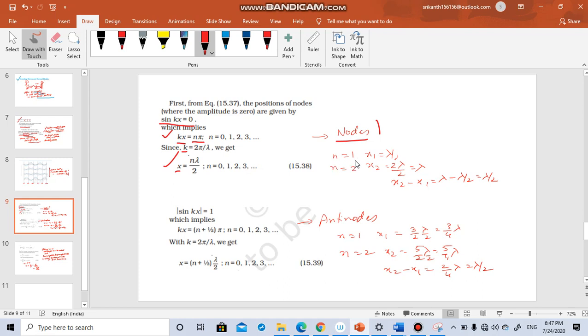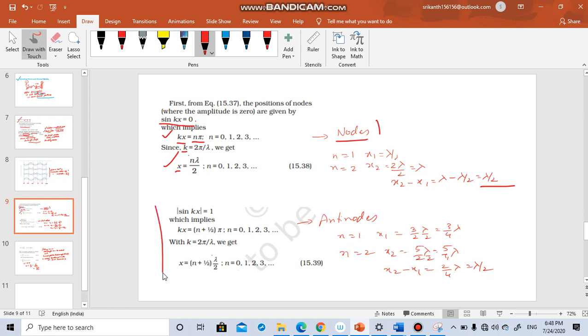Take for example n equal to 1, x1 is equal to lambda by 2. Put n equal to 2, you get x2 equal to 2 lambda by 2, which is lambda. x2 minus x1, the distance between two consecutive nodes, is lambda minus lambda by 2, which is lambda by 2. Similarly, take